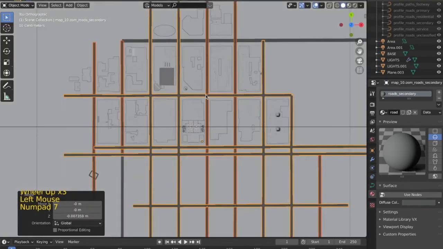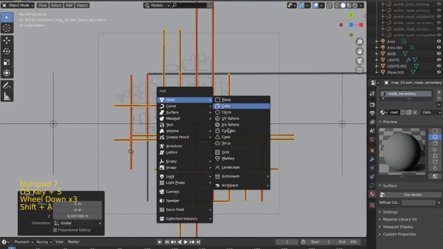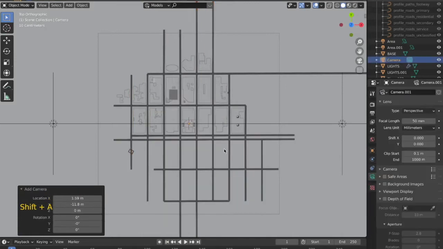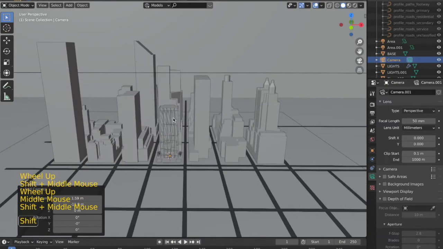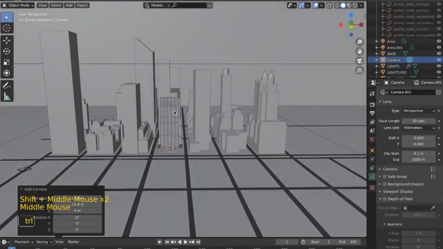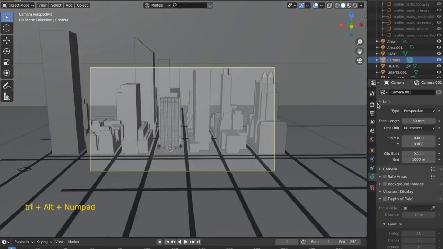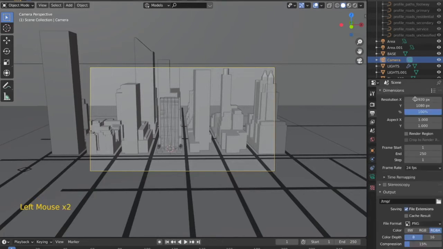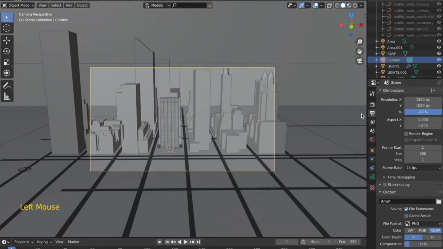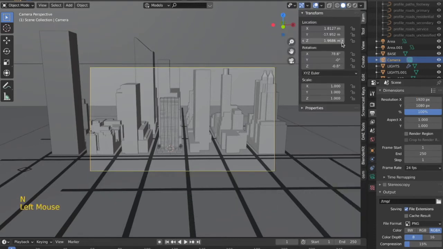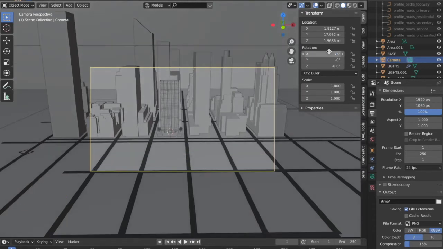As we are nearing towards the end of the video, it is important that we place a camera at this point, which will help us take out the final render. Now after adding the camera, we are going to play with certain settings such as the focal length, the overall distance of the camera from the model, selecting the object which would be the focus of the camera, and also changing the size of the render. All of these settings can be played around according to what you need.